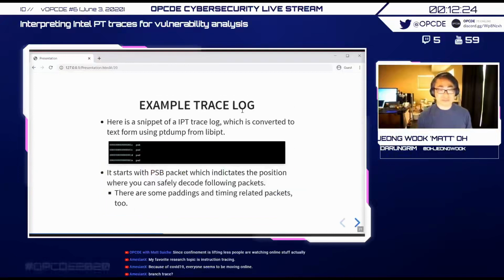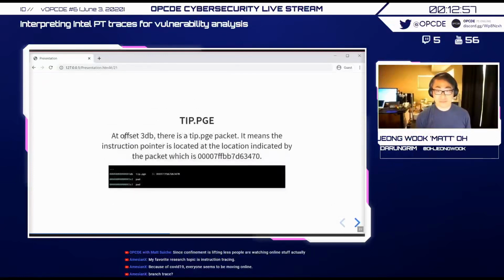If you look at some trace logs, here's a snippet of IPT logs. I can share the full thing later. The original PT dump is binary, right? So using ptdump, you can make it text format so that we can understand what is happening. At offset 1C, it has a PSB. It has a lot of pad bytes, but it means that from here we can make sense of these IPT logs. At offset 3DB, for example, for this log,